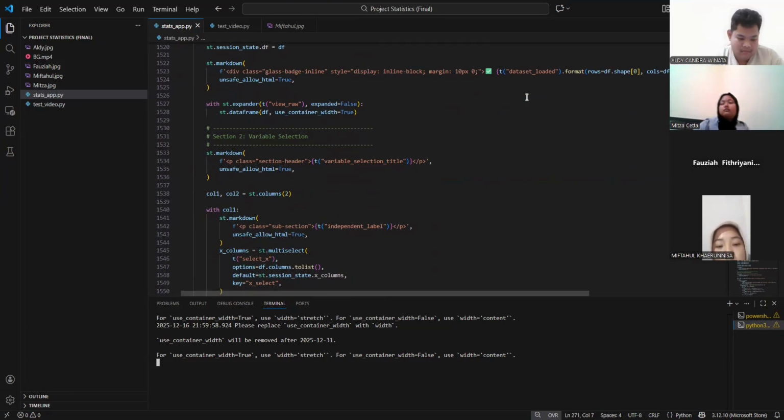Multi-select chooses multiple columns, converts them to numeric, calculates X total as the mean of all X columns and Y total as the mean of all Y columns, and saves them to session state for use in the next section.